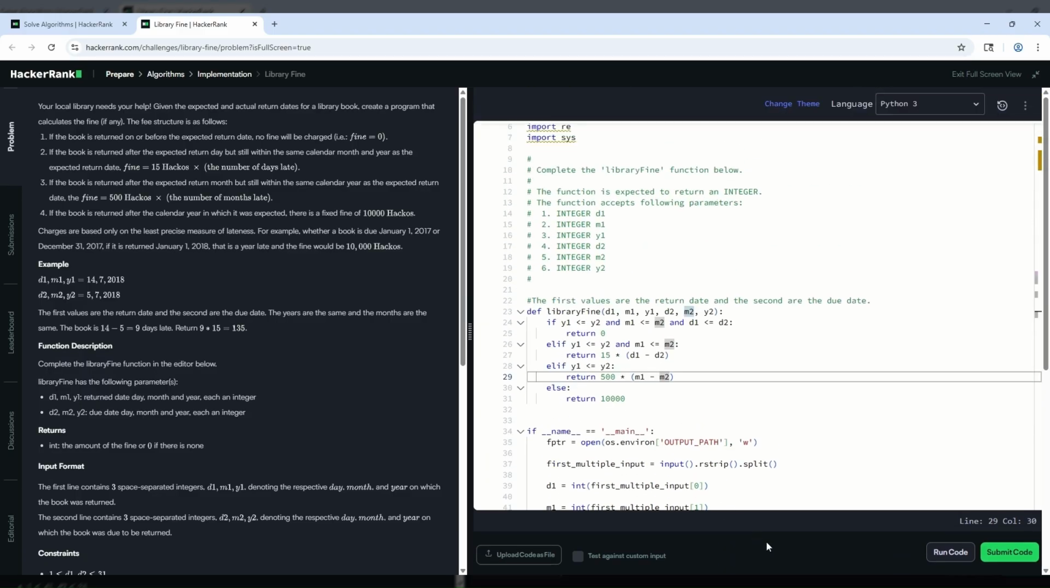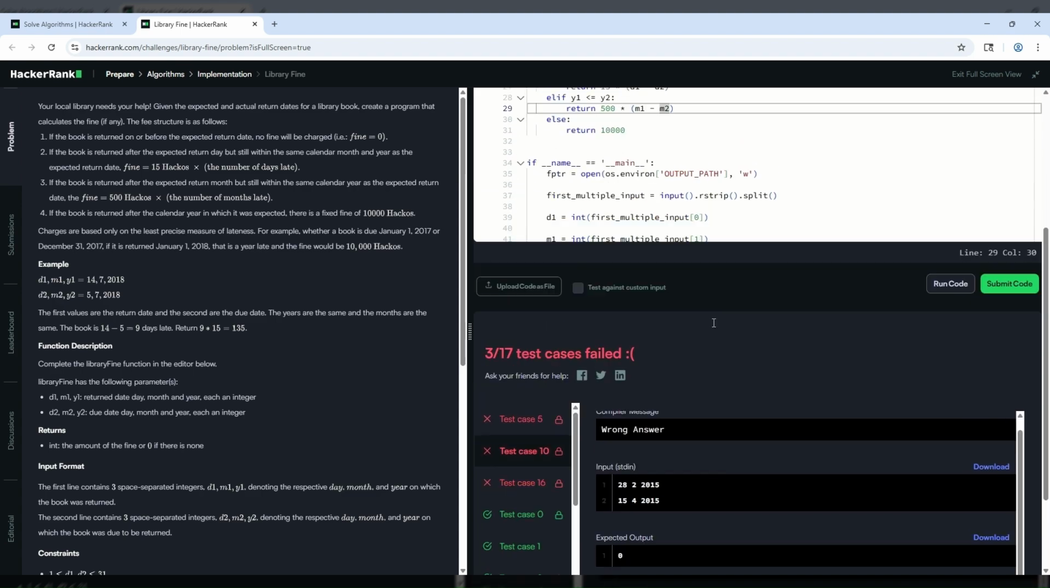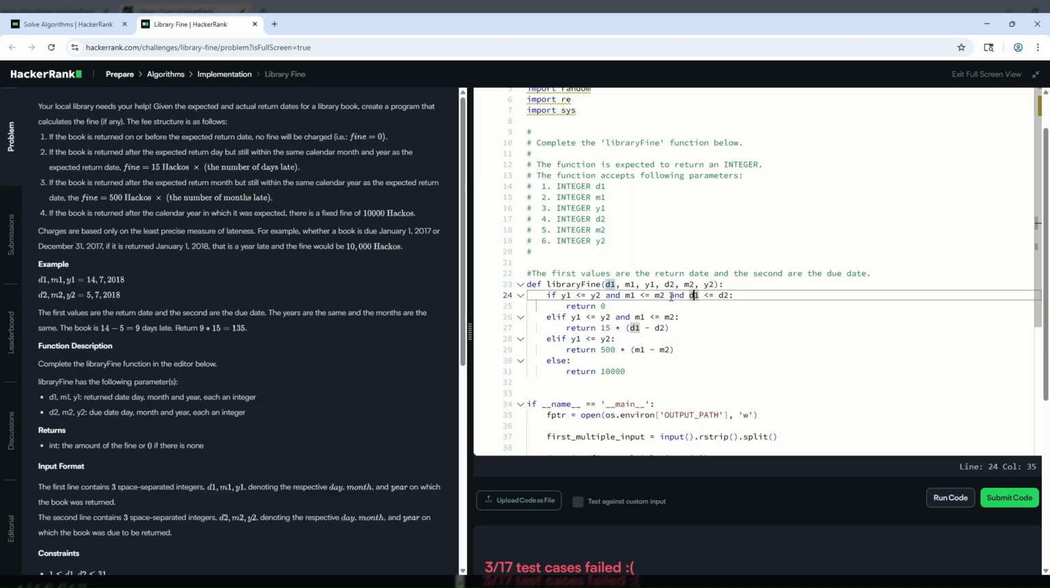Date 2 is the return date. Oh. Right, because it's possible you return it in a later month, but the date is higher. Okay. So, yeah,